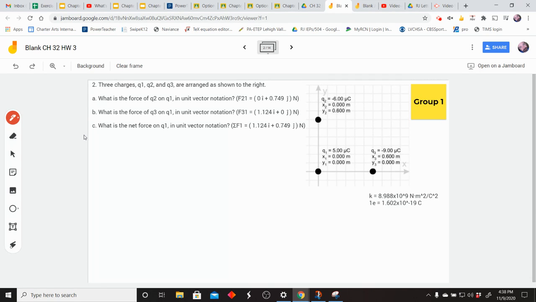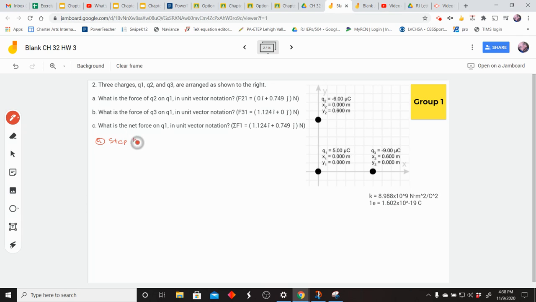So here we are on Homework 3, Chapter 32, and we're doing Problem 2. This is a good one to do. So Part A, what is the force of Q2 on Q1 in unit vector notation? So let's start with a step,